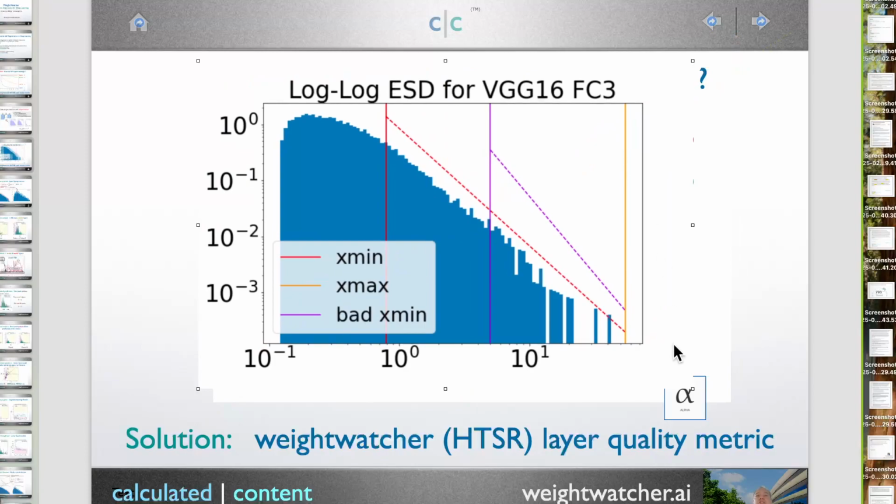So if you look at VGG13, what you find is that if you plot the eigenvalues on a log-log scale, you plot this histogram, you can fit the eigenvalues to a straight line. And this is called a power law fit. And the slope of this line is this alpha exponent that we have here, the quality metric. And it turns out this slope is very special. In physics, it's called a critical exponent. This purple line might be alpha 3, and the red line is alpha 2. This is like an ideal case. So I picked one of the best cases from the models we've seen.